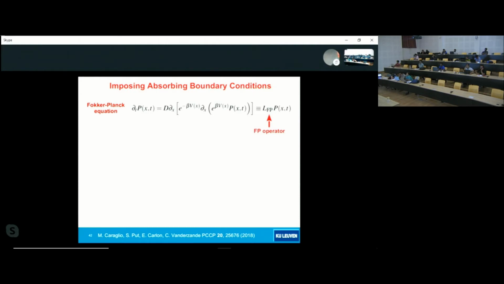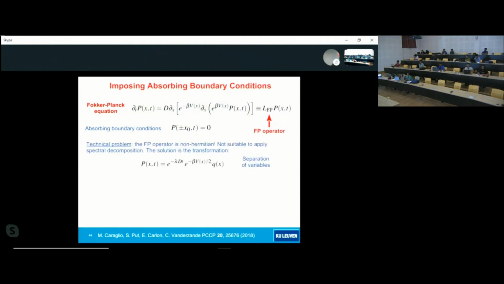So, of course, we now start from the Fokker-Planck equation, which is given here. This V of x is our potential barrier that in this first work was a parabolic potential, but later we generalized to other types of potential, okay? On the right-hand side, we write L_FP, the Fokker-Planck operator acting on P of x, which is the probability, okay? So we use absorbing boundary conditions. We want to enforce that the probability at the two ends is 0, okay?